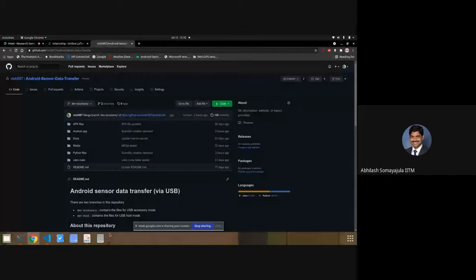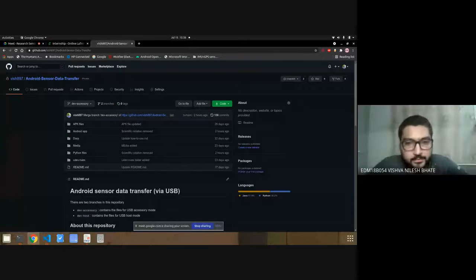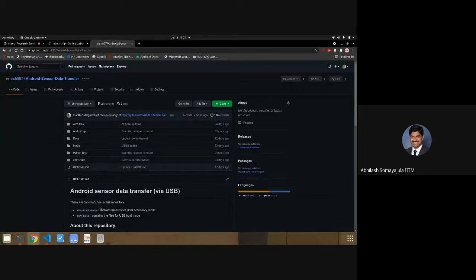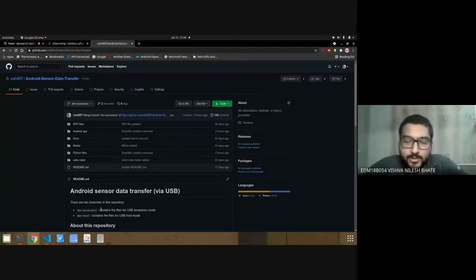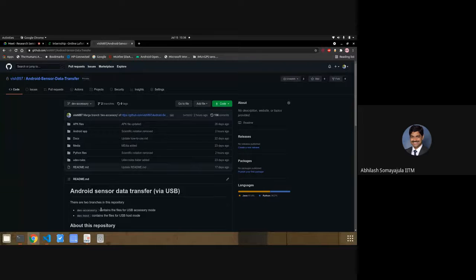Yes, I think that will be the best way to go about it. I want to do that for all the other repositories as well, so that everybody in the research group has access to every other repository developed by the research group. So you and I will discuss a little later, Vishwa. You will help me set that up, and we will go ahead with that. Any other questions from others?